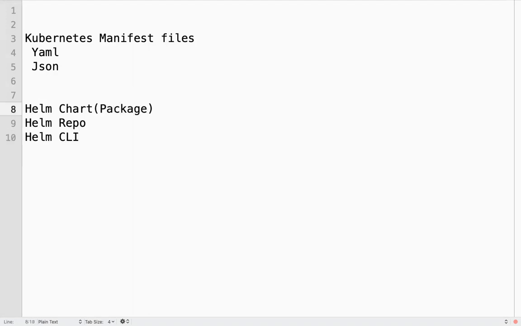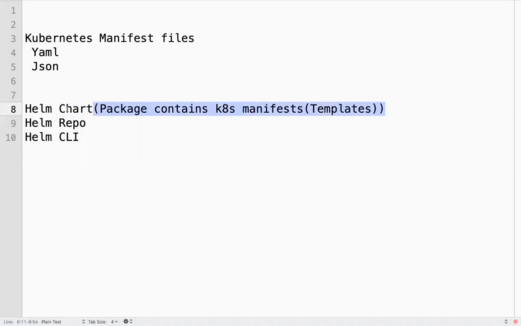It contains manifest files, which we call templates. A Helm chart is a package which contains all the Kubernetes manifests required to deploy the application. We'll come to this later.